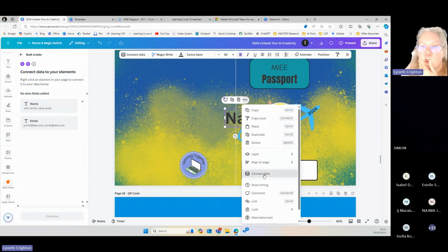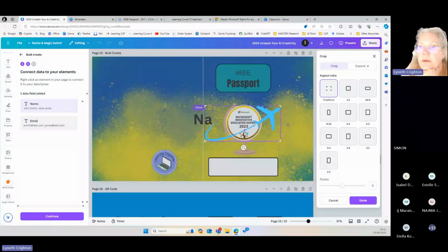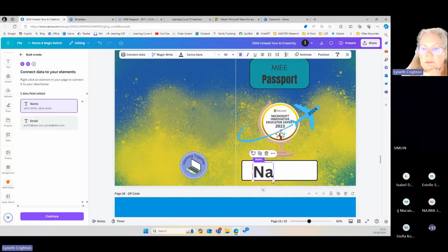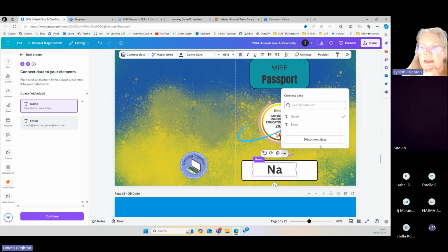So at the moment you click the three dots, you say collect data, and you say name. And so click connect data, choose the name.